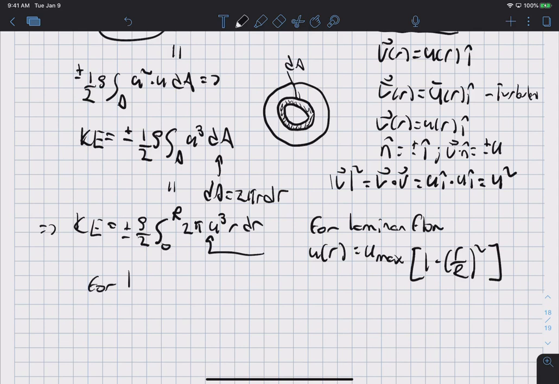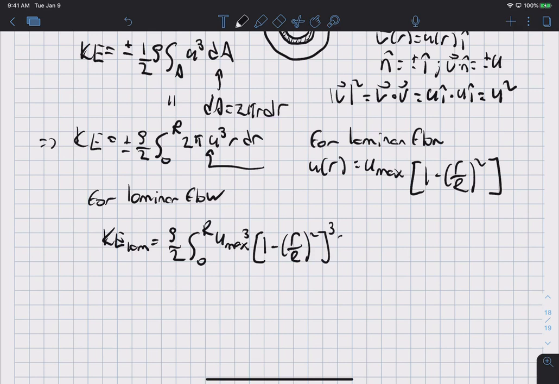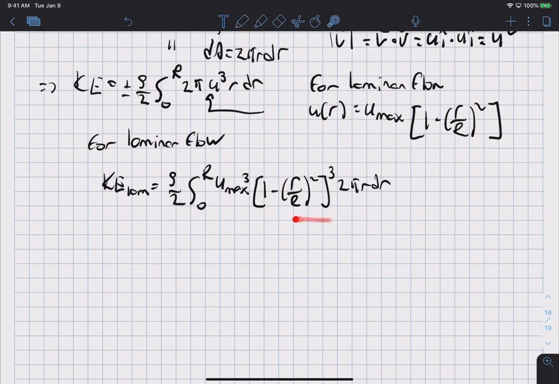So for laminar flow, and I'm just going to drop the plus minus business here, the KE for laminar flow equals rho over 2 times the integral from 0 to R of u max cubed times 1 minus r over cap R squared, that whole quantity cubed, times 2 pi r dr. Okay, this is a straightforward integral, it's just a polynomial, and so you do the integration, and this will equal